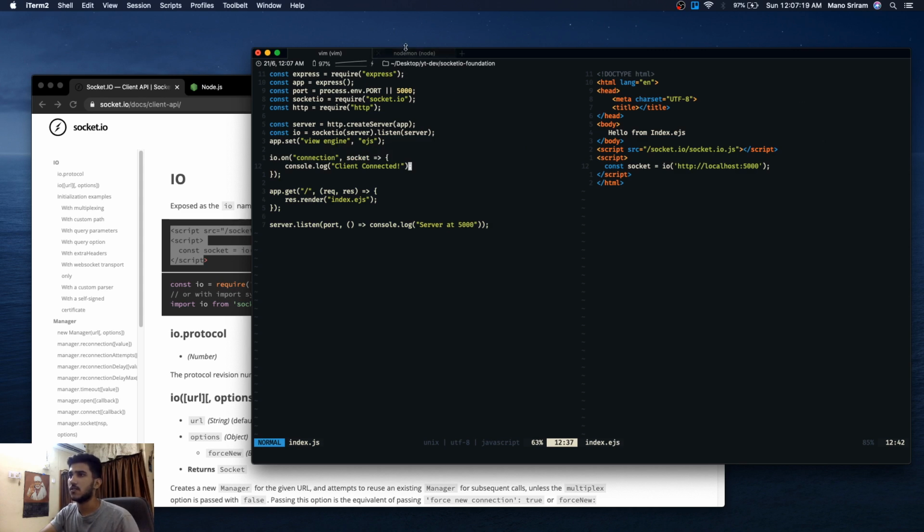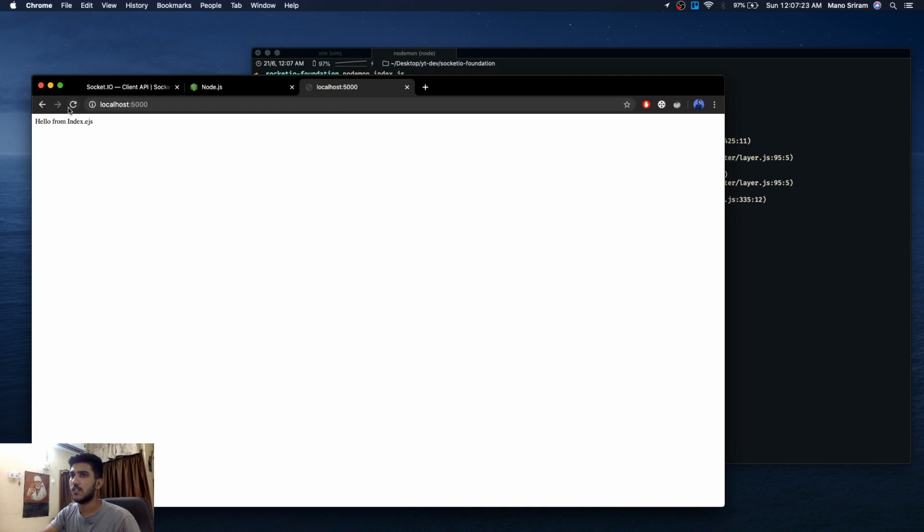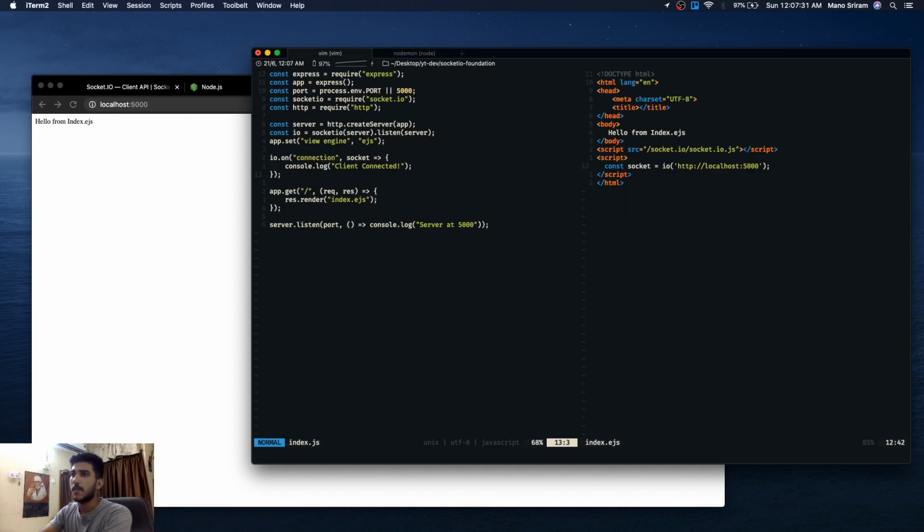Okay, so let's test if it's working or not. This is automatically refreshed, and let's go here and reload the file. Okay, so let's see here, and you can see that there is a message client connected. So now we have these requests coming in from the client, and we can make changes to these files, or we can absorb the request and make everything real time. So everything happening here is real time.